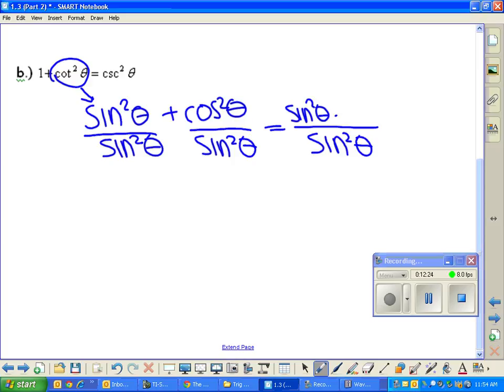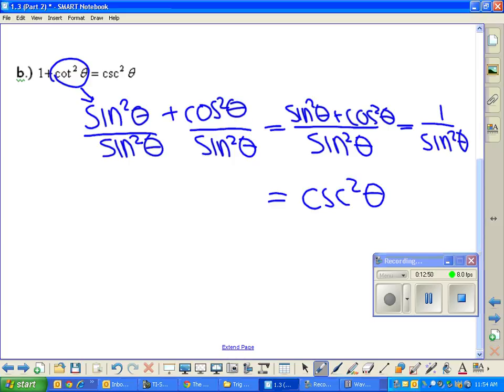Sine squared theta plus cosine squared theta. That top is equal to that first identity, which is equal to 1. So we have 1 over sine squared theta, which is, what's 1 over sine squared theta? I hear it. Cosecant, thank you, squared theta. All right, let's see what we started out with. Sine squared theta over sine squared theta, 1. Cosine squared theta over sine squared theta. Chase told me that was cotangent squared theta. We get